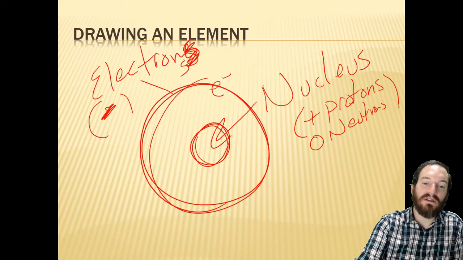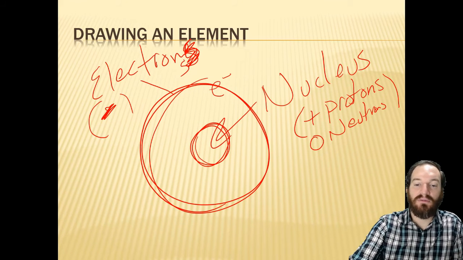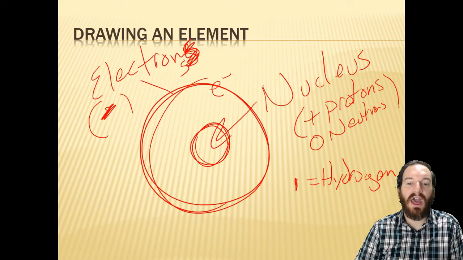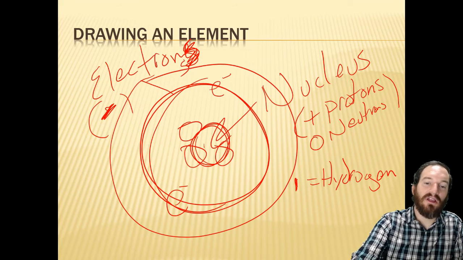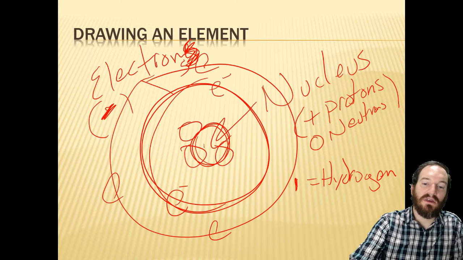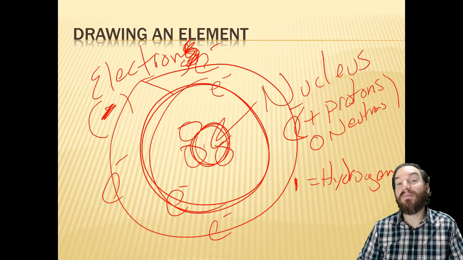Now, I ask you, what element is this? If it only has one proton in the center and one electron buzzing around, that would be the element with an atomic number of 1, which equals hydrogen. And as we talk about more and more complex atoms, what really starts to happen is they add more things to the center, and then they add more electrons and more energy levels. I know this is getting really messy, but the idea is that you're just going to get more and more things built onto it. But if you understand the basics, that's all I'm asking you to do.